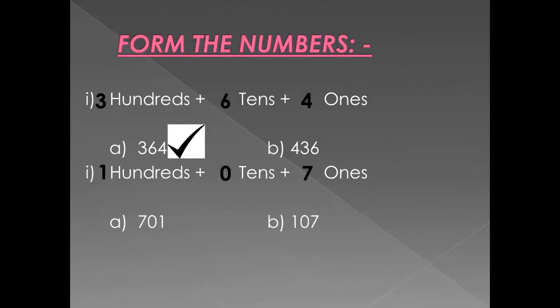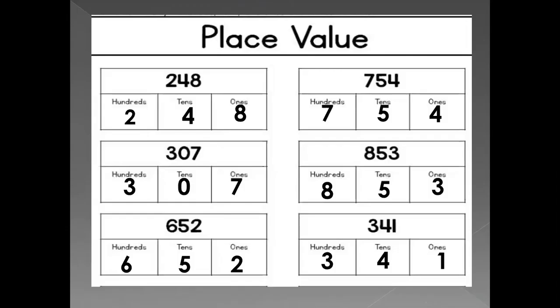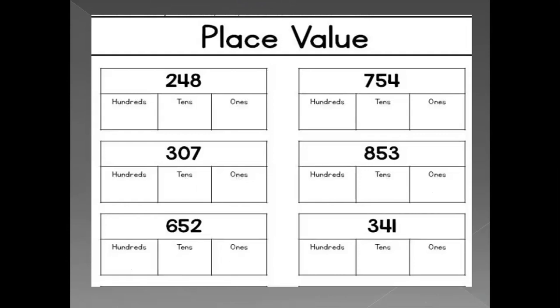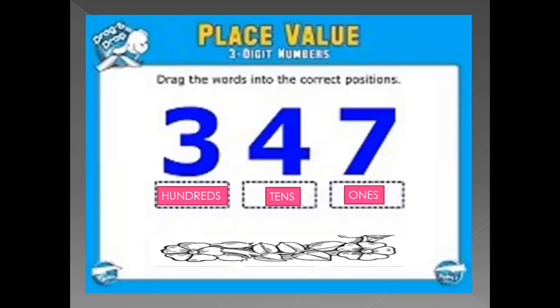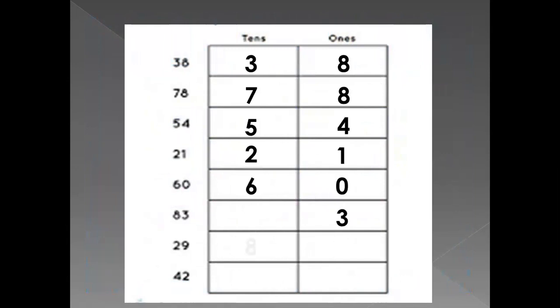Yes, my dear kids. This is all related to the chapter place value, where you have studied how we have to put the correct numbers in the places. We have ones, tens and hundreds, and you must know how to make it. Now here we have 347. 7 is in ones place, 4 is in tens place, and 3 is in hundreds place. Then we did tens and ones, the place value for these digits. I hope you understood it.